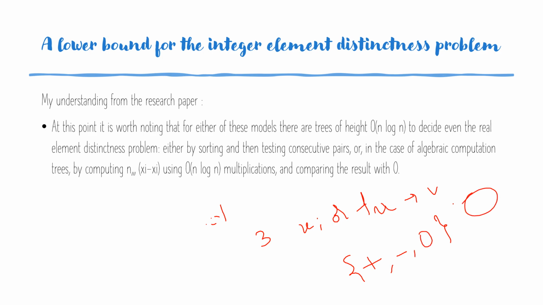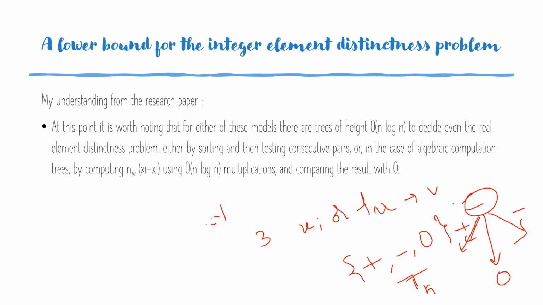So every node is making some computations. If it's a plus, the tree goes on one side, the addition goes on the other side for negative, and on 0 it comes on the third edge. So this is what they define: the algebraic computational tree T of n with two types of nodes.